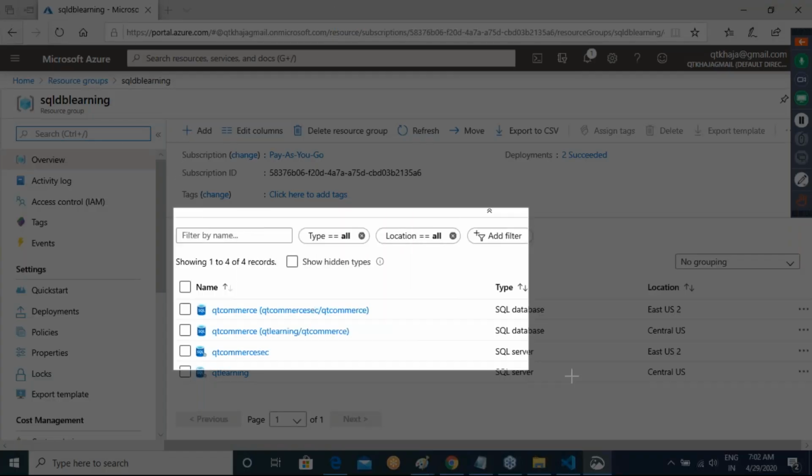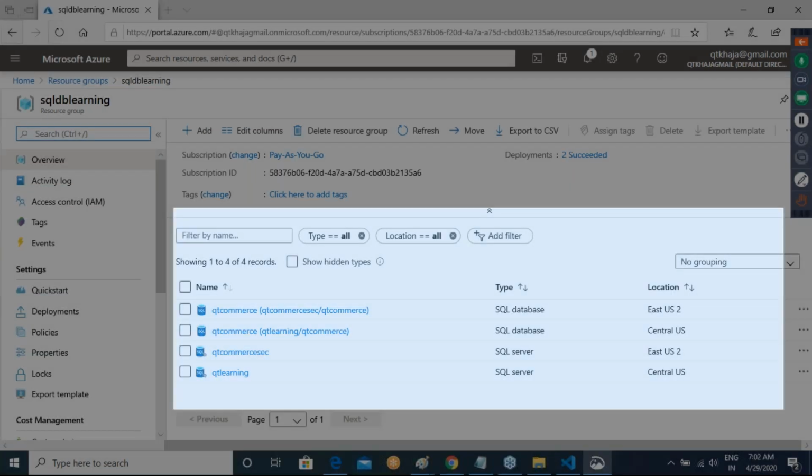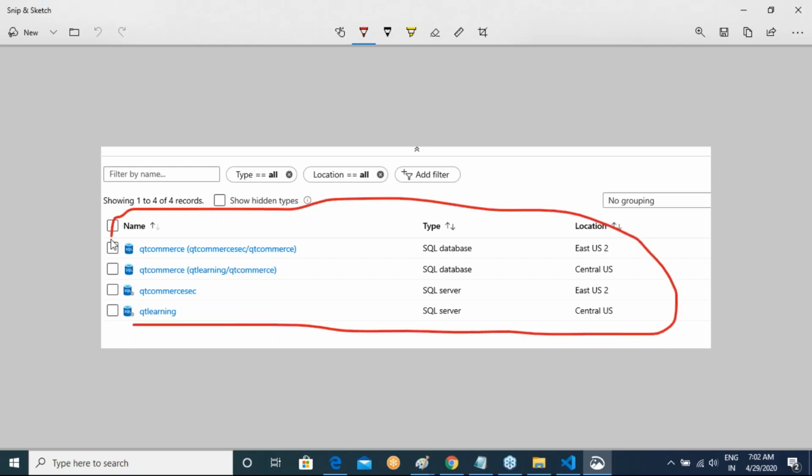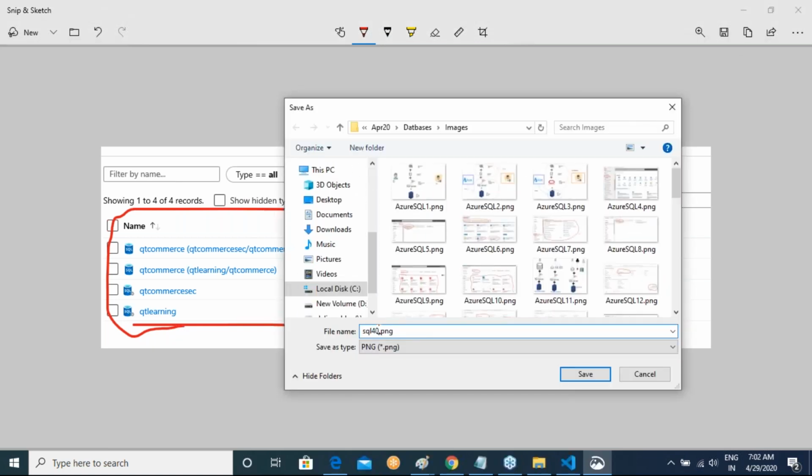This is the same story. I'm not going to answer this question again because you have to just know which resource group your resource belongs to. Now I am quite sure that we know Central US is what we have created and East US2 is what we have geo replicated. So if you want, I can do this.